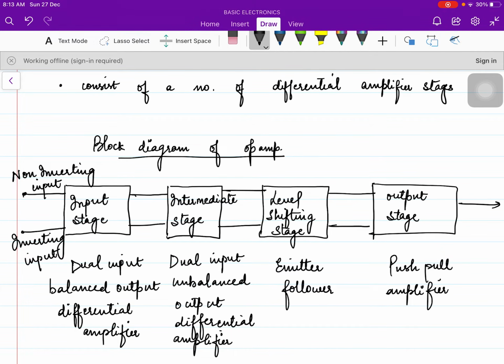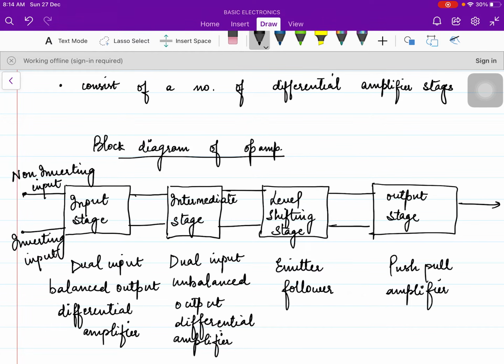Push-pull amplifier. Now, what is the function of the input stage? Listen very carefully. It provides most of the voltage gain. You have already seen the circuit symbol of the op-amp, and you see that there was a gain. So when we are talking about output voltage equal to some gain times input voltage, that gain is the voltage gain. So the input stage provides most of the voltage gain, then the intermediate stage increases the overall gain of the